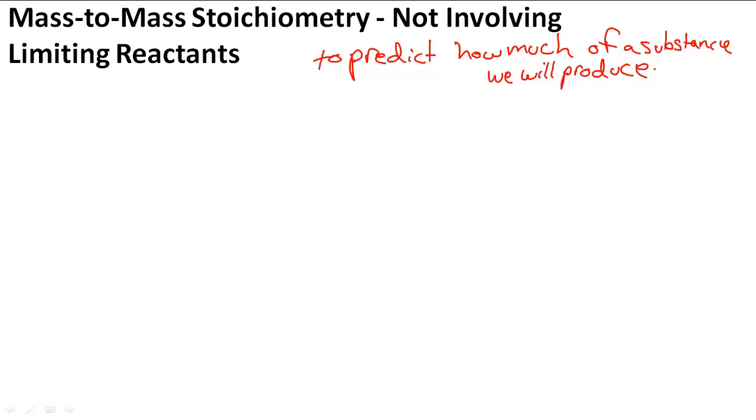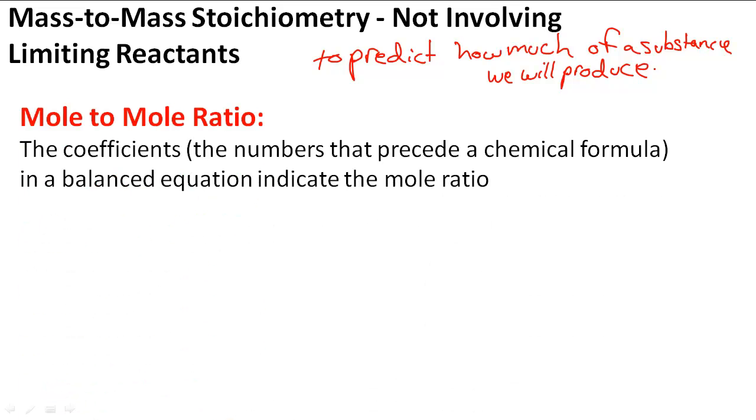And that means we have to know something called the mole ratio. The mole-to-mole ratio are the coefficients, the numbers that precede a chemical formula in a balanced equation, indicate the mole ratio. So when we're looking at an equation, say something like 2H2 plus O2 produces